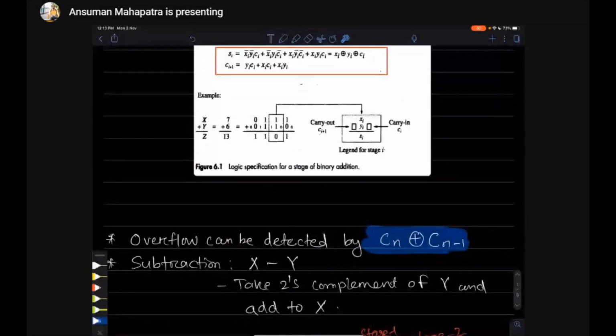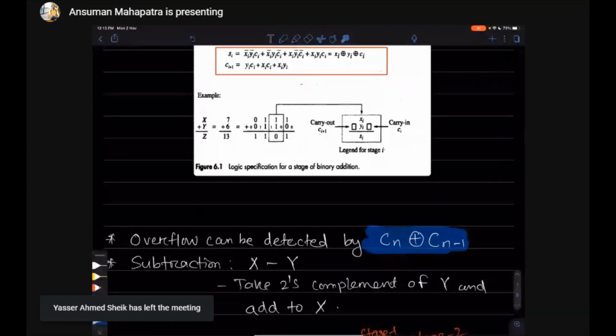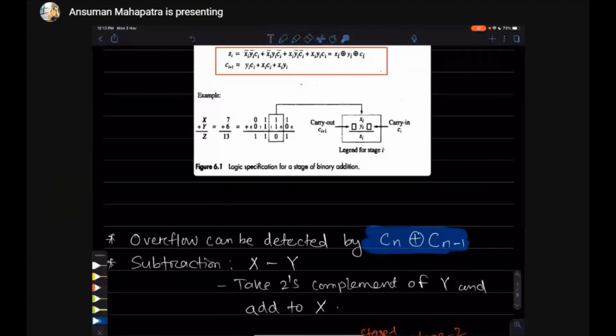What is an overflow? That is not the overflow condition. Extra bit we can discard also. That is also an option. But what is exactly overflow?